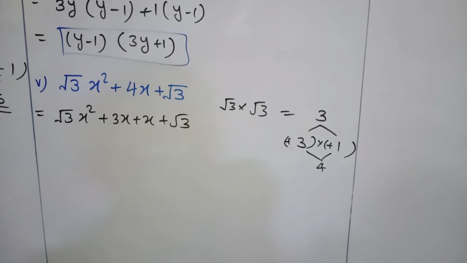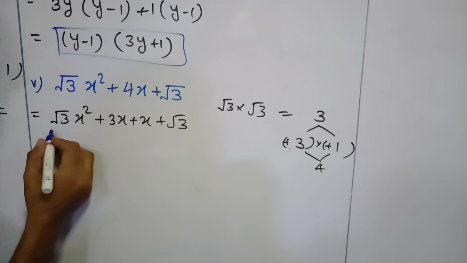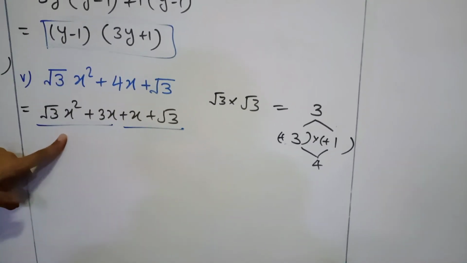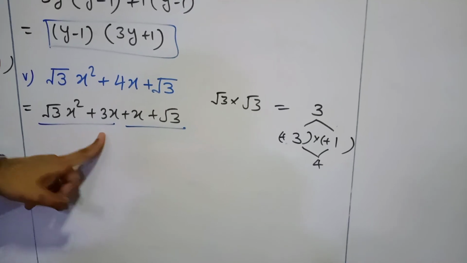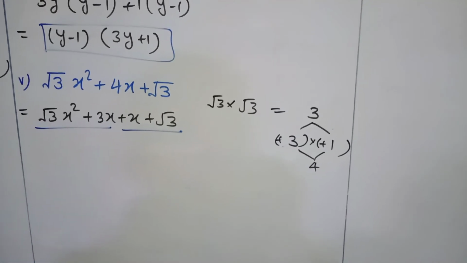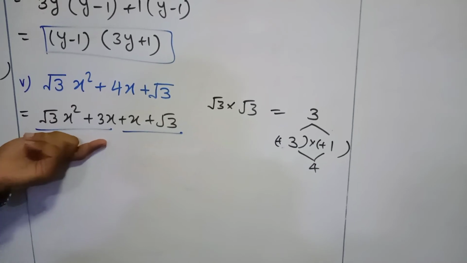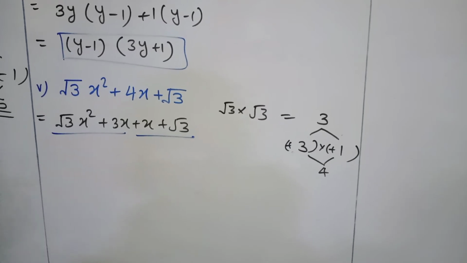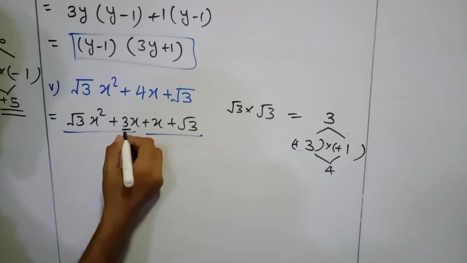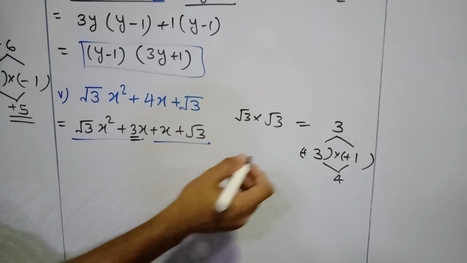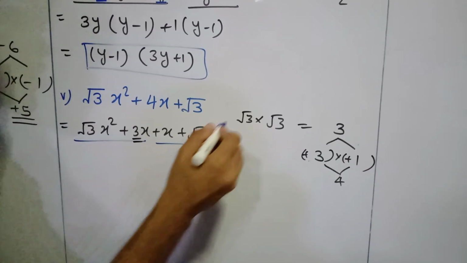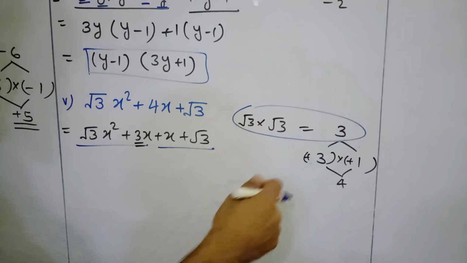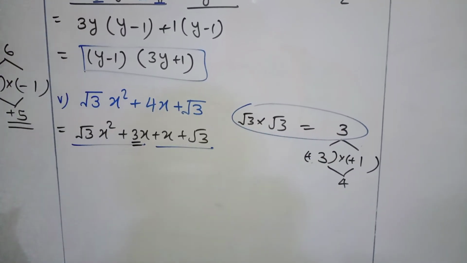Now make the pair of 2, 2 in this way. If you remember the previous sums, there is nothing to take common. Is it okay? No. If we take common whatever we have in these two, we do not get the correct answer. So let's think differently. Can we write this 3 as root 3 into root 3? Here we did root 3 into root 3 and got the answer 3. Can we reverse that, 3 in the form of root 3 into root 3?